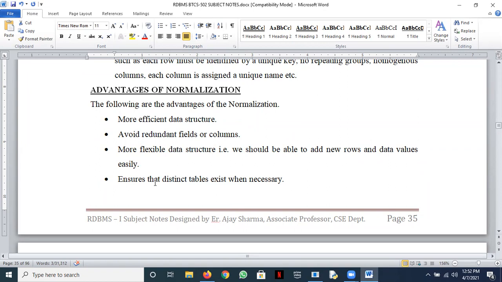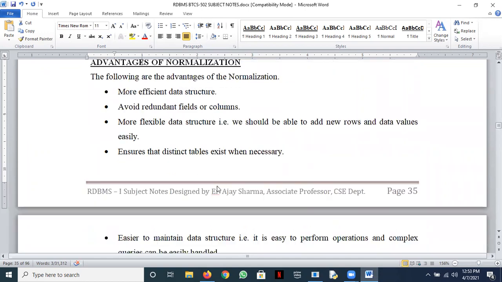Normally we have some redundancy in our tables. Some redundancy is there. We cannot eliminate redundancy. But with normalization, we can reduce redundancy to a great extent. So it will ensure that distinct tables exist wherever it is necessary. We won't have duplication or redundancy of data, but wherever duplication or redundancy is required would be there.